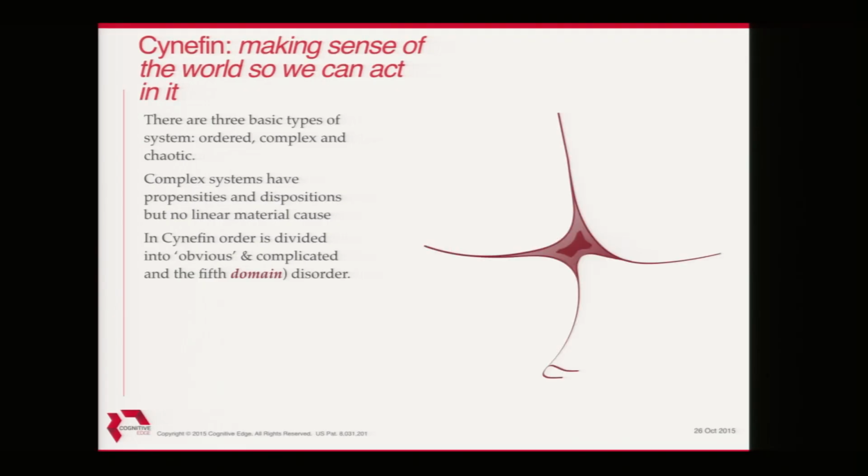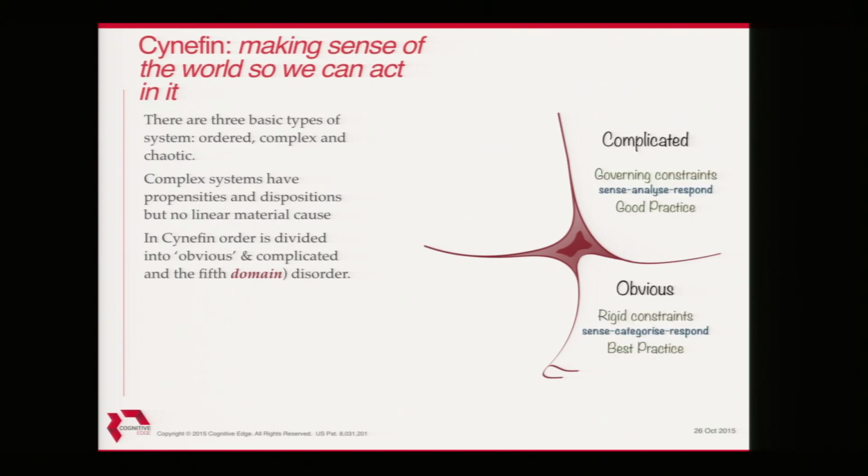Yeah? So complexity theory doesn't say that order or chaos are wrong, it says all three are different and we need to manage that. So from that, we basically get the Cynefin framework. It's drawn like this. It's not a 2x2 matrix. It has 5 domains. I saw somebody there say it's the 5-quadrant model, all right? You can't have 5 quadrants, guys, all right? That's basic English, but never mind, all right? 5 domains. It divides order into 2, obvious and complicated.